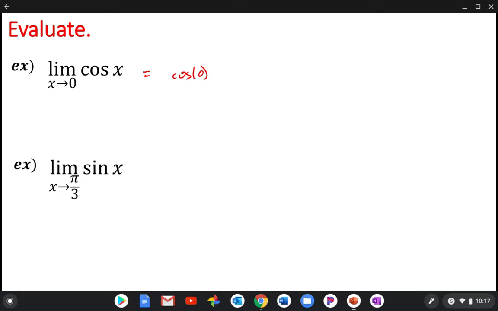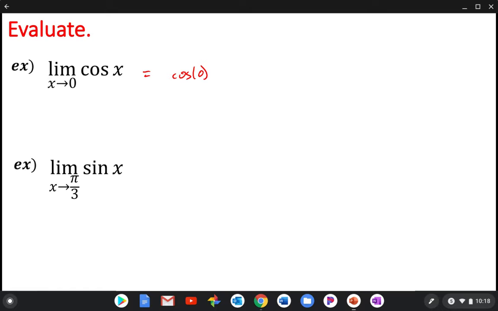Now this should be something that you should not need a calculator for. These will be questions that are going to be on the AP test in the non-calculator section. So you can't just flip your calculator, punch in cosine of 0. You need to know off the top of your head what the cosine of 0 is. You also need to be able to figure out, hopefully relatively quickly, because it is a timed test,